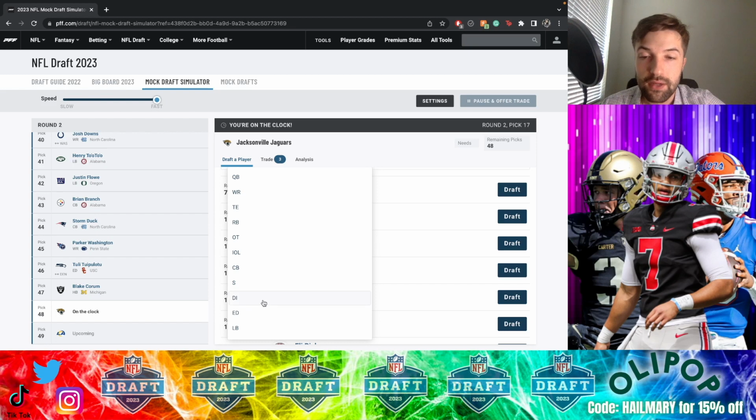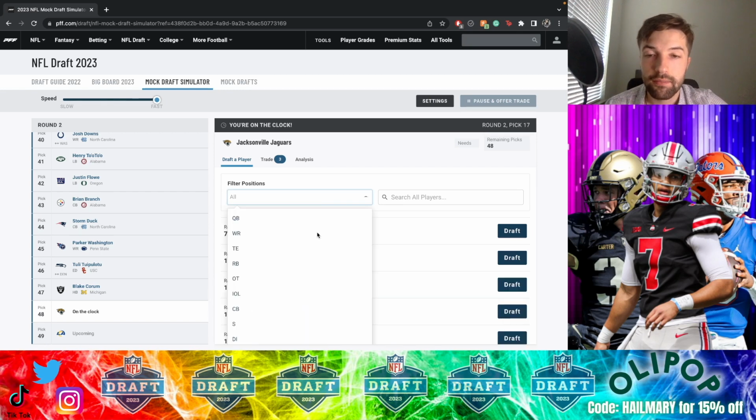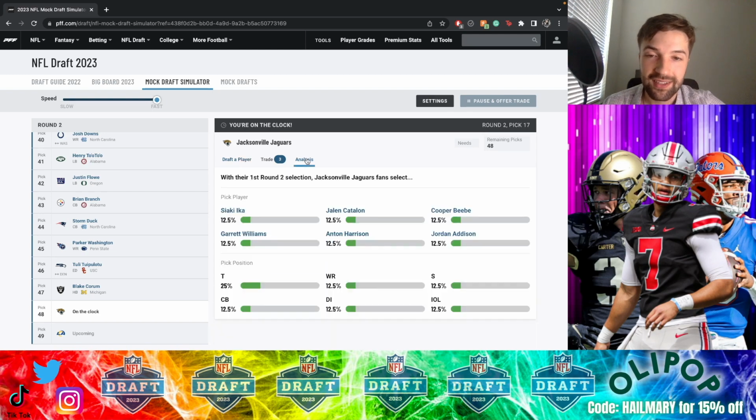So for me, you already got defensive interior. You already got edge filled out. Linebacker, in my opinion, you also have filled out. Most of your defense is filled out. I think that you guys are perfectly fine on this front. So when I look at the options here, I honestly feel very comfortable taking a swing on, it's going to say guard, but we're not going to do a guard. I want to see what the analysis says here. You could tell people just can't draft. Regardless,